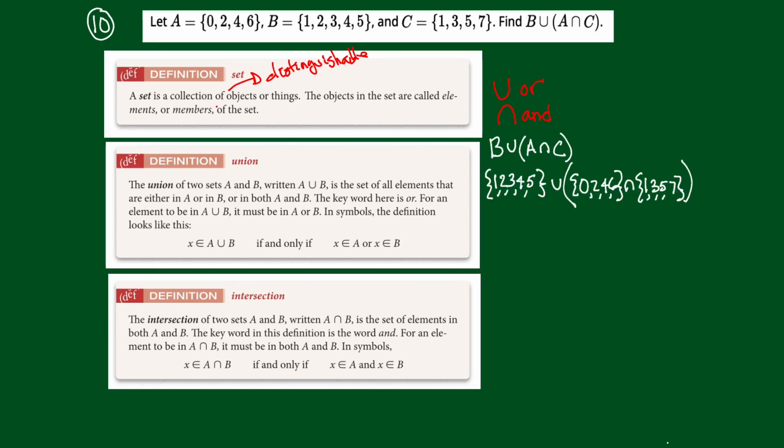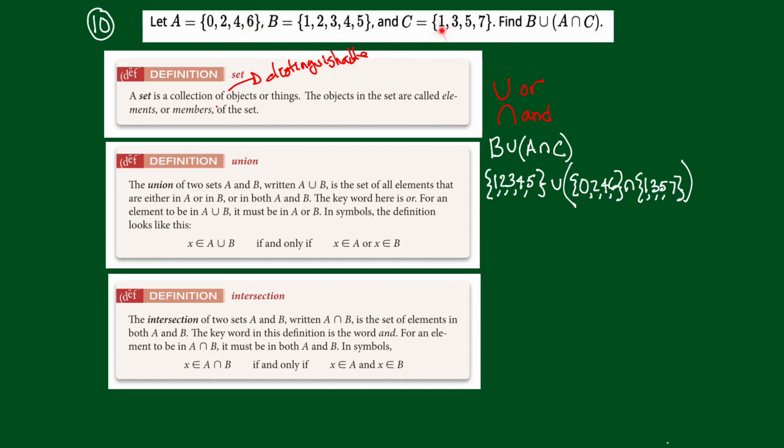Now we're finally to our problem. Here's what we want to find up here at the top right: B union (A intersect C). All right, so now we've got parentheses. So I've written the problem down here. I want to find B union A intersect C. So I've written them down just so they're right in front of me. Here's B, union, parentheses, A, intersect C. Right, here's A,